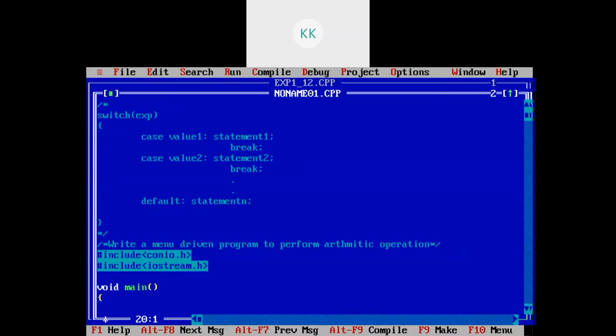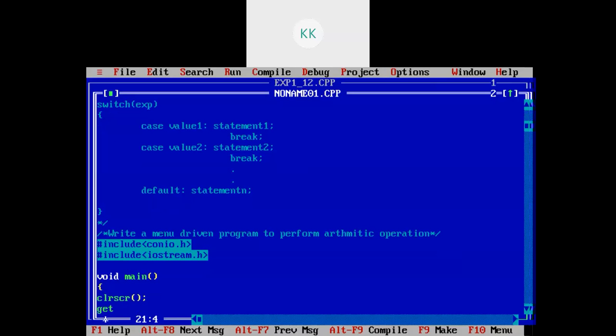Okay, so what we need to do, we need to perform some arithmetic operations like plus, minus, multiplication, which we will be performing on some integer values. So firstly I will take clrscr to clear the screen and getch to view the output.